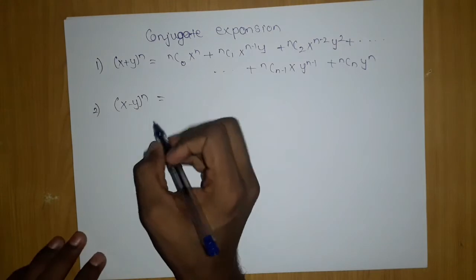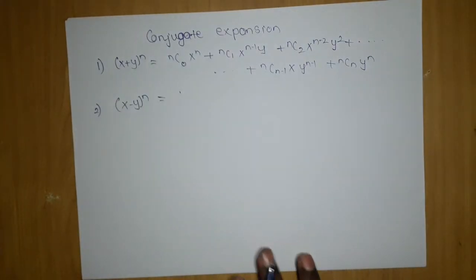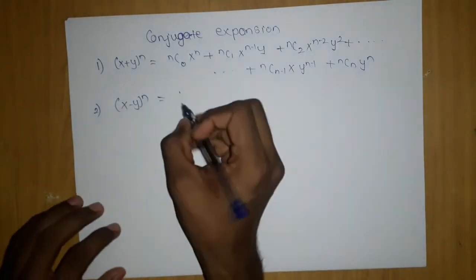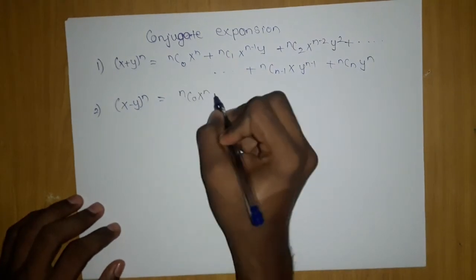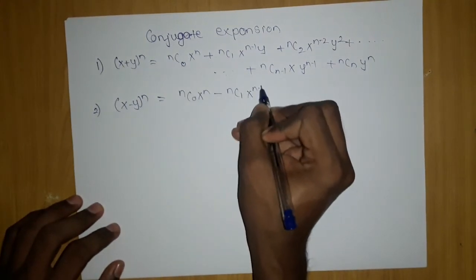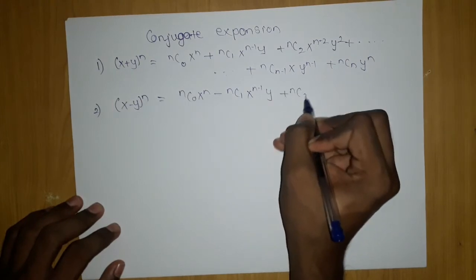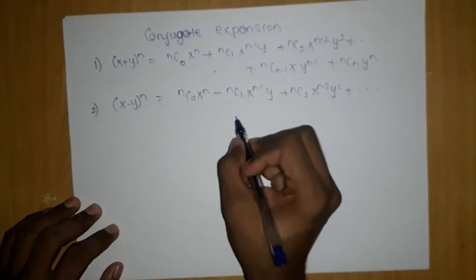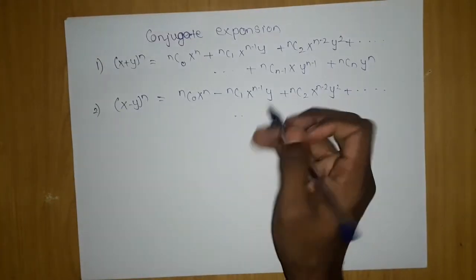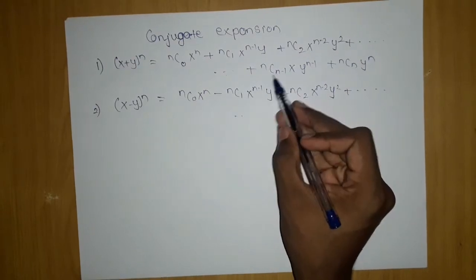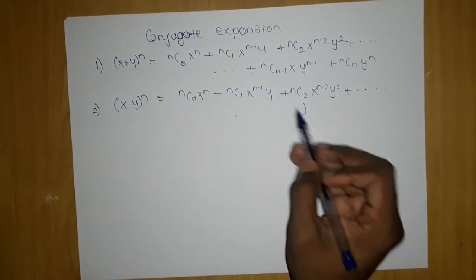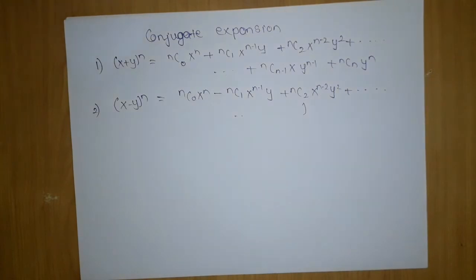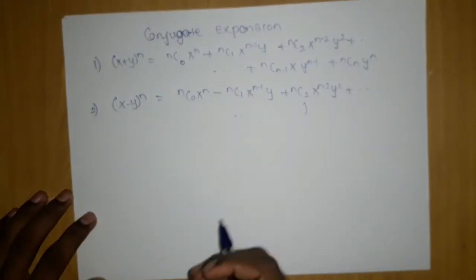So here if I do the expansion of this, at odd places it will be a minus sign, rest all will be the same. So what we are going to have is nC0 x^n minus nC1 x^(n-1) y plus nC2 x^(n-2) y^2, and this will go on and so on. Because we don't know whether n is even or odd, we cannot write the n terms. Or you can write it by writing (-1)^n, but I don't think so. Okay, just keep it as it is. Why make things complicated?